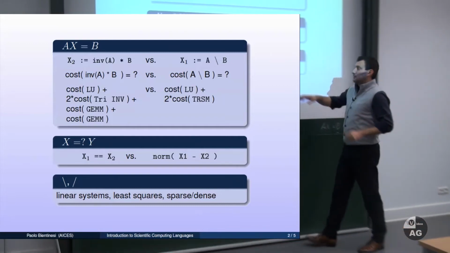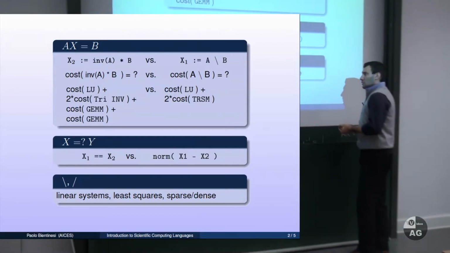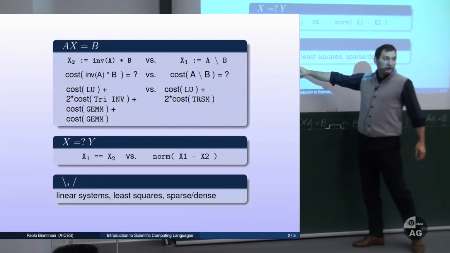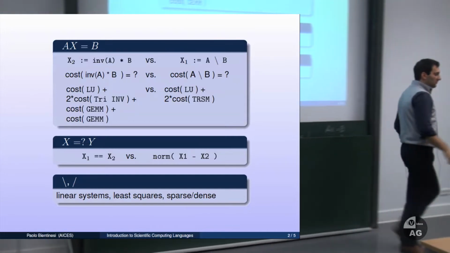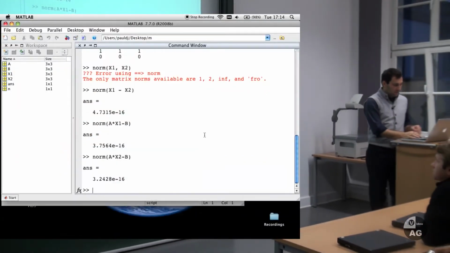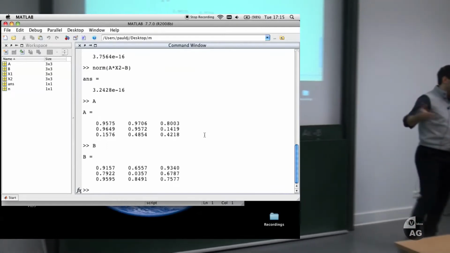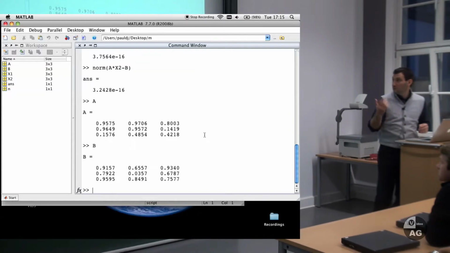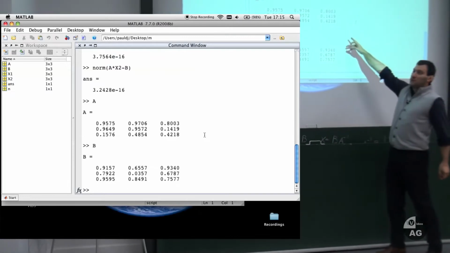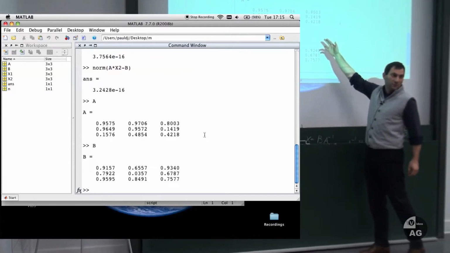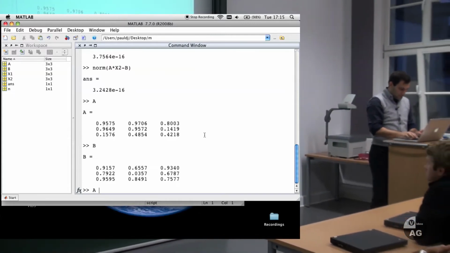They actually look at the matrices, the matrix types, and they act accordingly. So they try to determine, first of all, whether what you're trying to solve is actually a linear system or a least squares problem. What is the difference? Over here, I have A and B, same size. Well, B doesn't matter. B could be 3 by 1 for that matter. But what I'm saying is that A is square. So I have 3 equations in 3 unknowns. I could very easily set up a system where I have